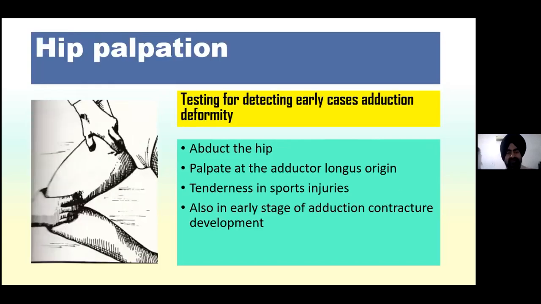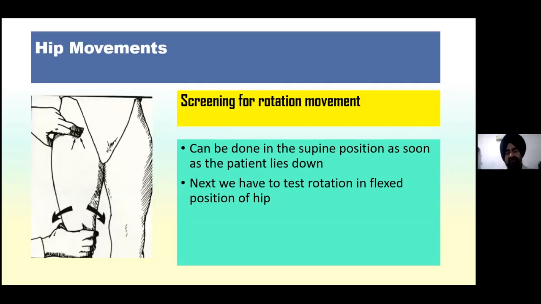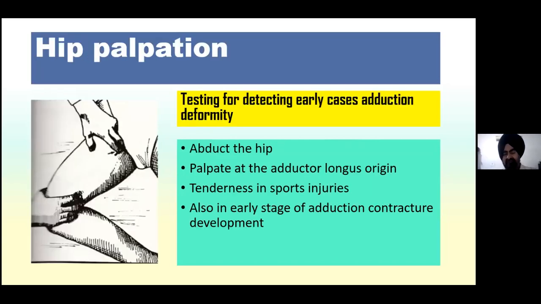It helps in detecting the pathologies of the hip, because what we have found is that the internal rotation of the hip is very frequently the earliest sign of the pathology of the hip. Here, the examiner is detecting the early cases of the adduction deformity by judging the tightness of the adductors. Abduct the hip, palpate the adductor longus region, tenderness in sports injuries,